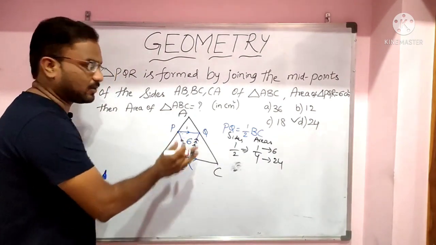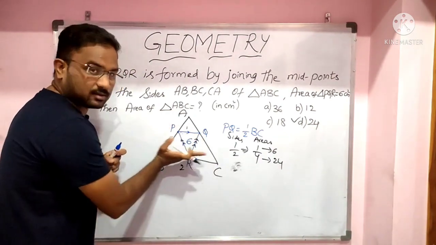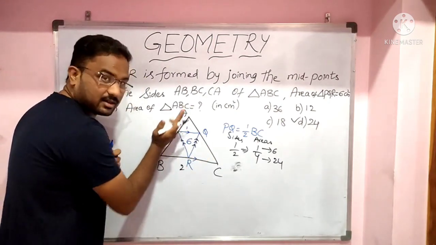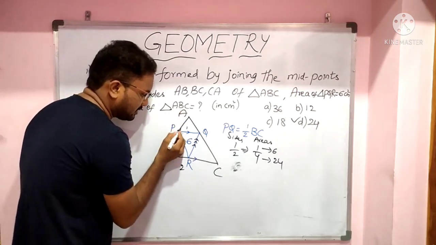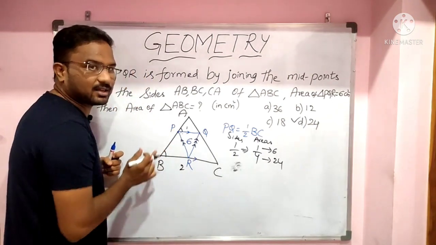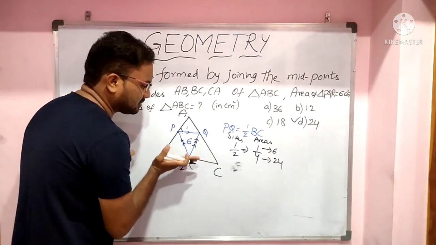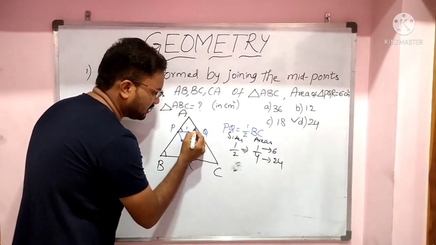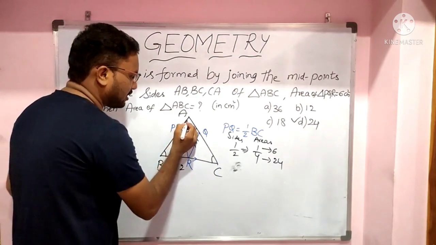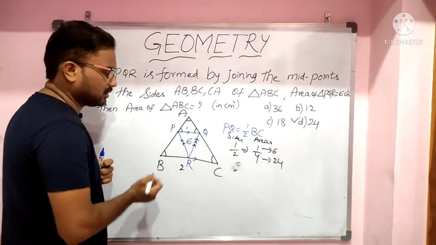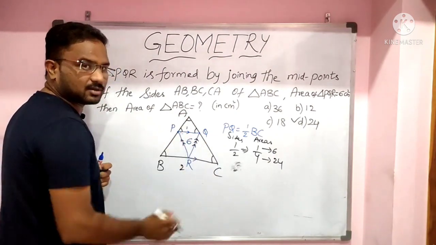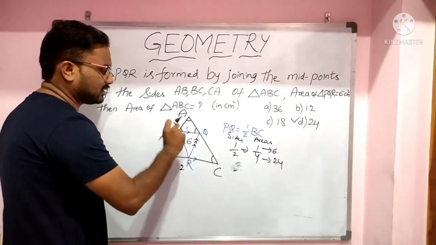Here these two triangles are similar. Why? These lines PQ and BC are parallel. Then this will be the transversal. So this angle and this angle are equal because these two are corresponding angles. And these two lines are parallel, and also here these two are corresponding angles, this angle and this angle. And this angle is common. So these two triangles are similar, and this triangle and this all are similar.